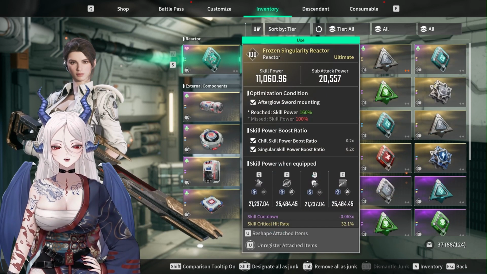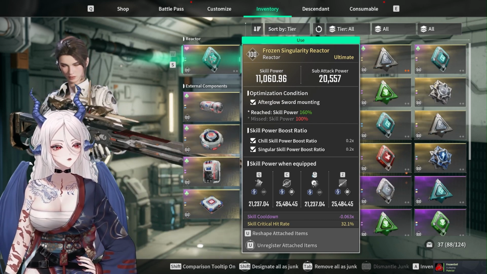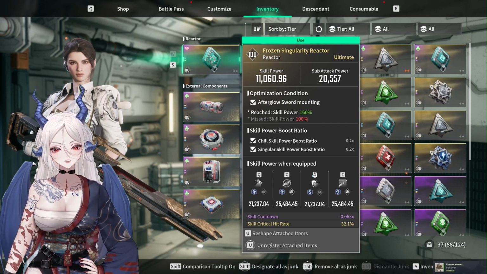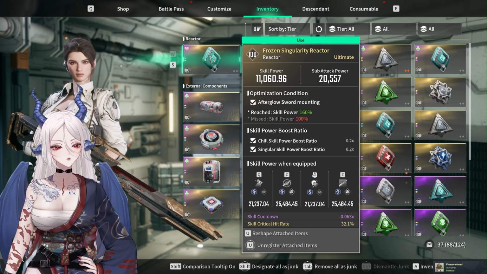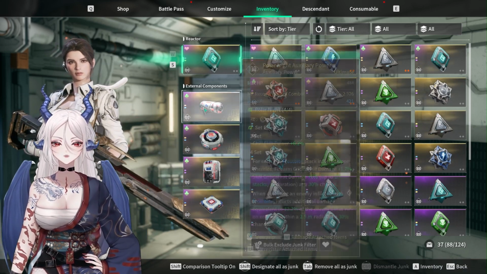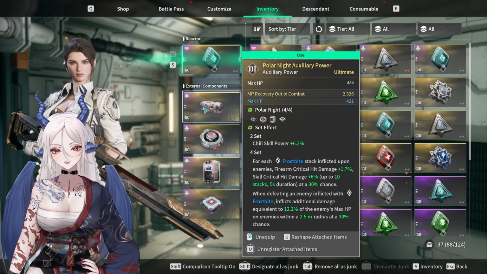We also, on this reactor, have gone for skill cooldown and skill critical hit rate. So you can change the skill critical hit rate here for damage, but I really do recommend the skill cooldown, as being able to spam your abilities overall is going to be way more important than upping your damage by a small percentage. For her external components, I'm running the Polar Knight Auxiliary Power set, which gives her a full